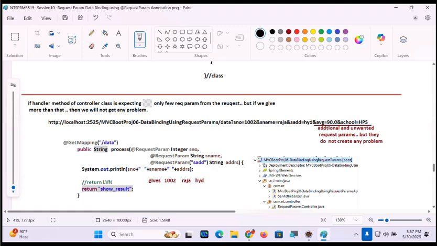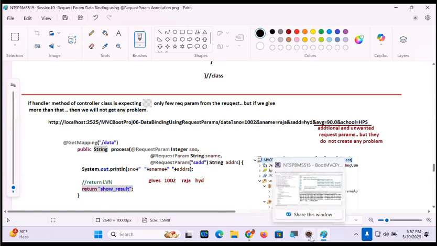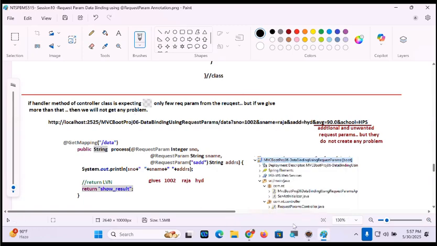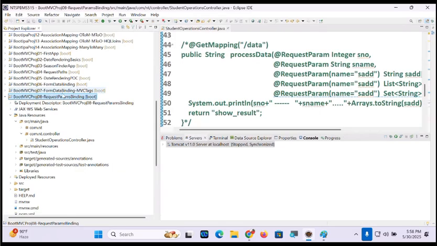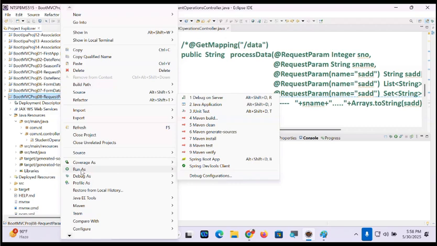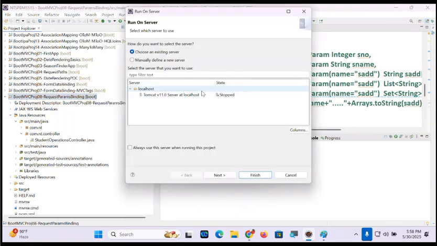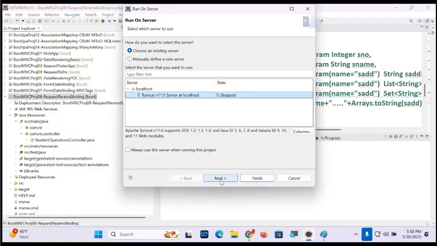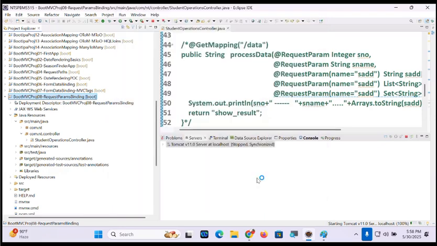Suppose it is expecting 3 and I have passed 4. Any problem? No. Passing an additional one does not matter. Additional is not a problem; fewer is a problem.